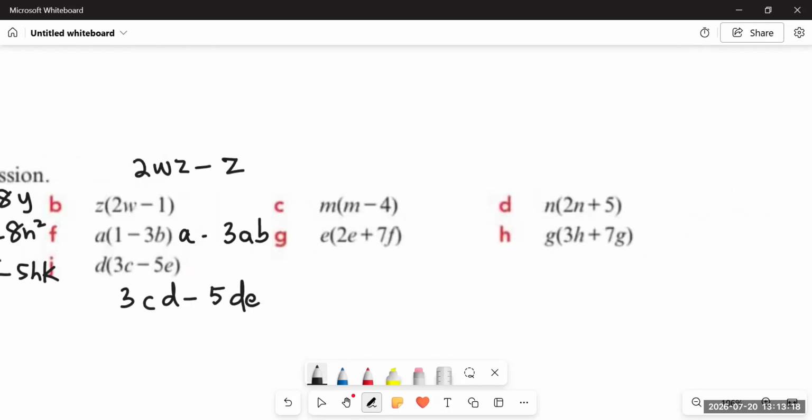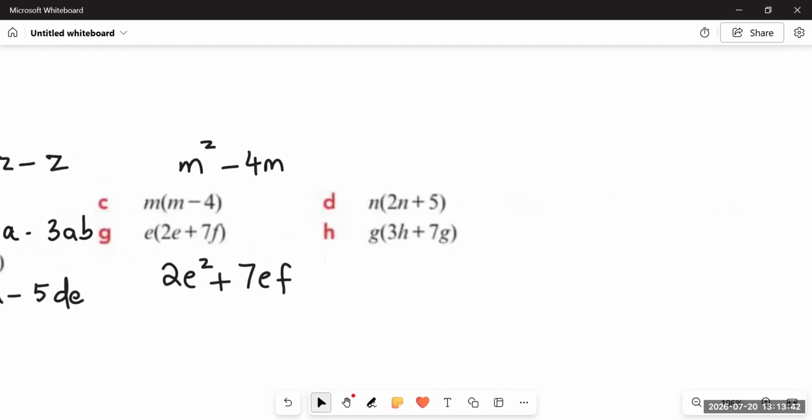m multiplied by m is m square minus m multiplied by 4 is 4m. e multiplied by 2e is 2e square plus e multiplied by 7f is 7ef. So it's basically we multiply the coefficient with the coefficient, variable with the variable. If you can remember this concept, it would be very easy for you to multiply any sort of numbers or